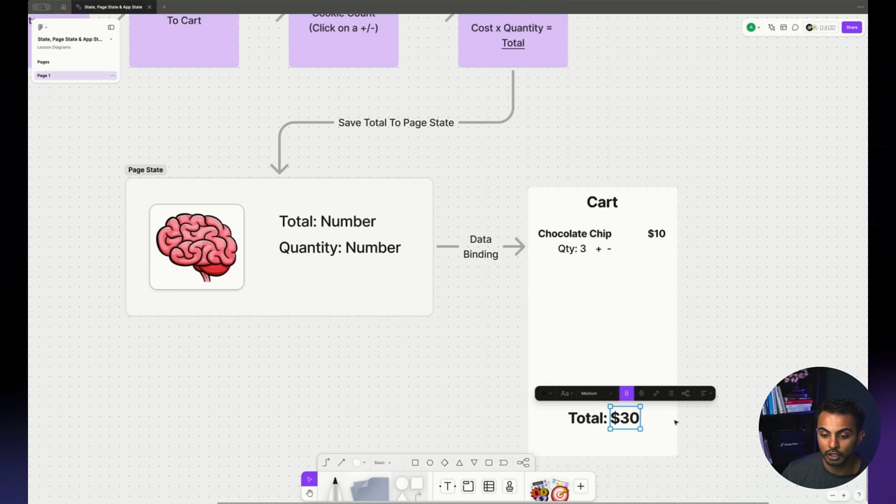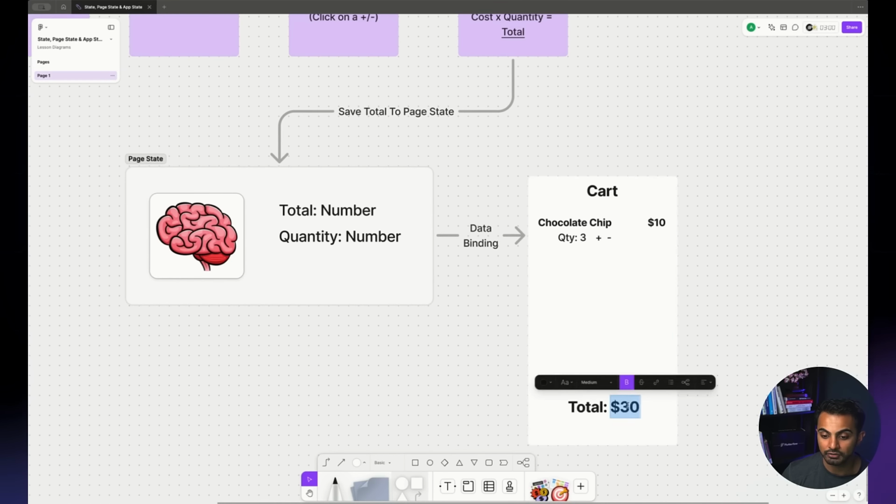So in FlutterFlow, we can tell FlutterFlow, hey, this number right here, 30, I want you to pull it from a piece of data. I want you to bind it to a piece of data. And the way that you do that is you can set where this data comes from. We can say something like page state, and this isn't the actual code, but I just want to prove the idea here. We can say page state total. So right here, instead of me hard coding that 30, I can just say, hey, pull this number from page state total.